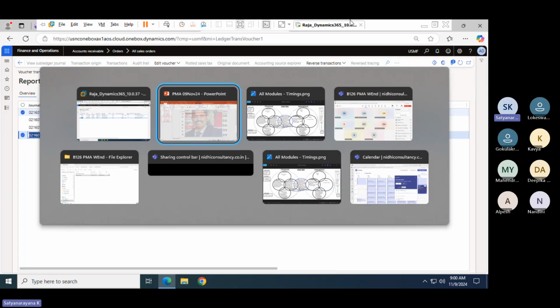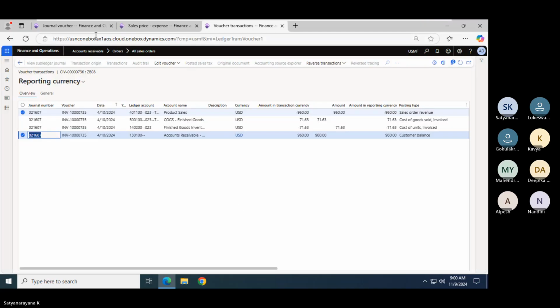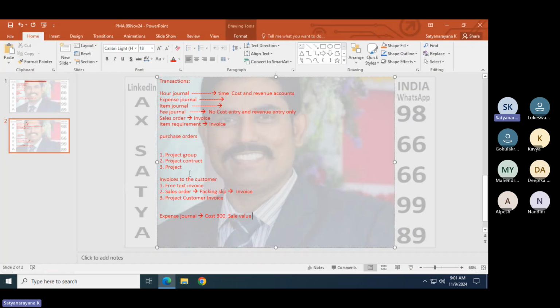Now we are posting our expense journal here. In this expense journal, 200 is the cost value and the sales value is 230.